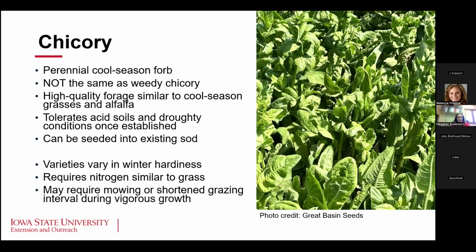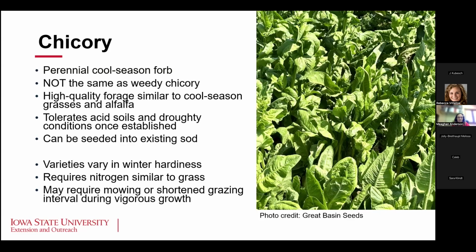Chicory is kind of my last one. This is a perennial cool season forb, and this is not the same as the weedy chicory that we have in basically every road ditch in Iowa. It's actually a very high quality forage that can be quite similar to cool season grasses and alfalfa. It tolerates acid conditions and droughty conditions really well once it's established, and it can be seeded relatively easily into